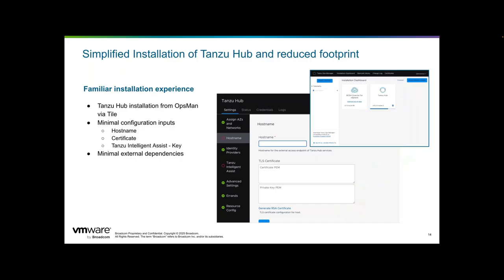But it's going to be a very simple process. I've done it a few times now, and there's not a whole lot of external dependencies. You really don't need to bring any other kind of external Kubernetes deployment or anything like that in there. Everything's rolled into the Hub tile, and you essentially just need a host name, like a DNS entry, and a